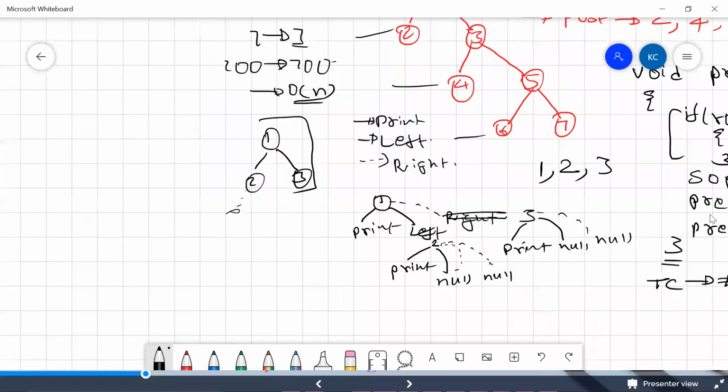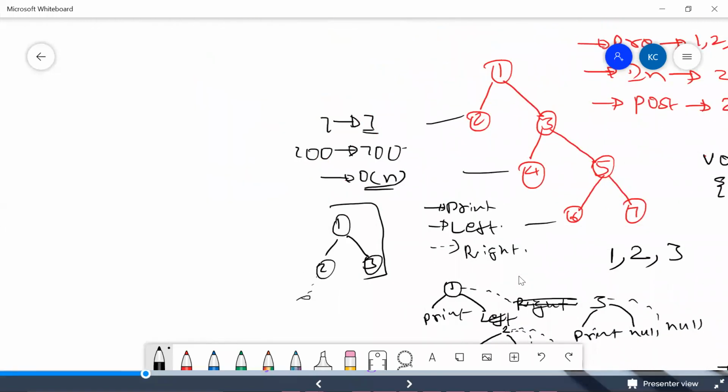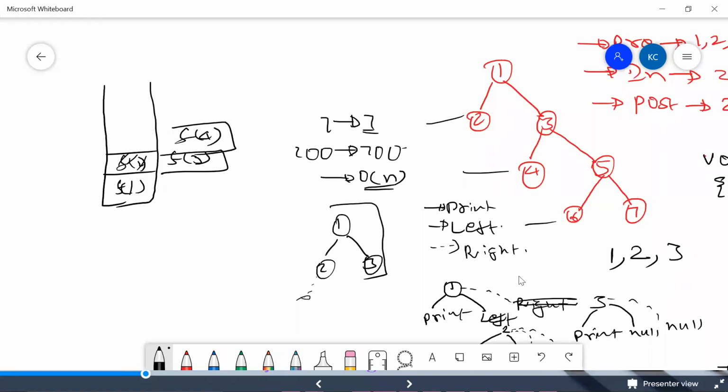So what happens is there will be a stack which gets created, right? Finally, we call it with f of 1, and then we call it for f of 2, and the processing is over for this one. It comes to f of 1, that calls f of 3, and that in turn calls f of 4. F of 4's functionality is done. So you come back to f of 3, and then you call f of 5, right? And then f of 5 does f of 6.